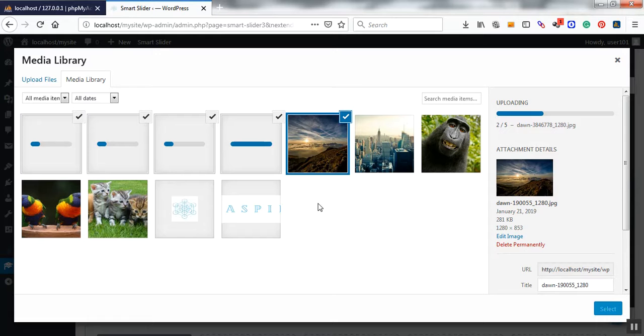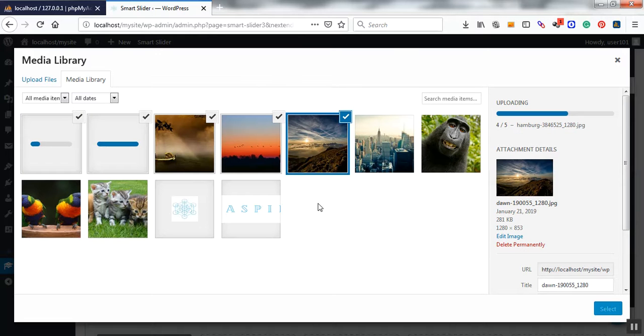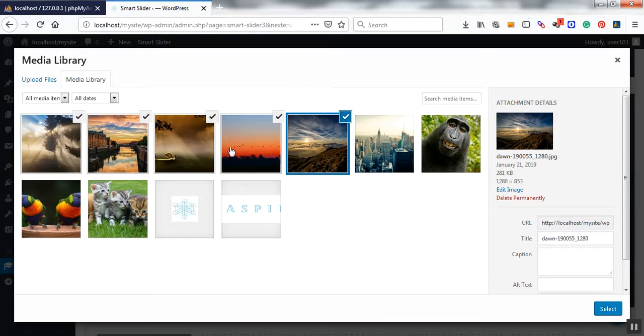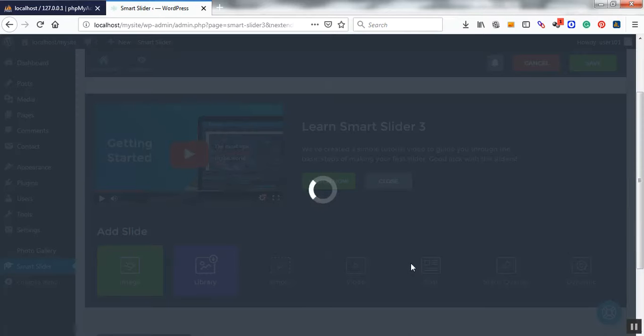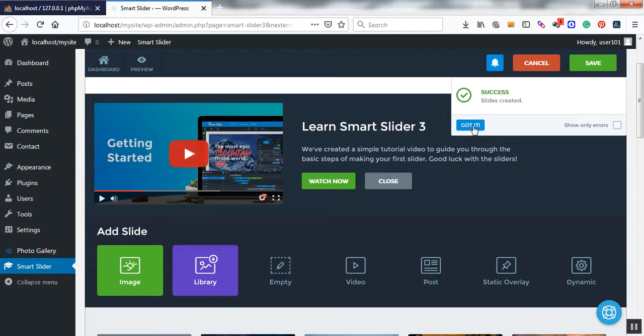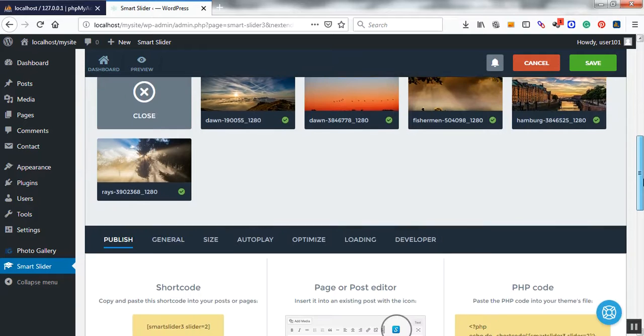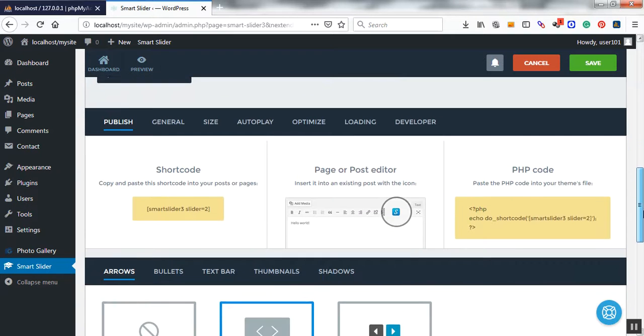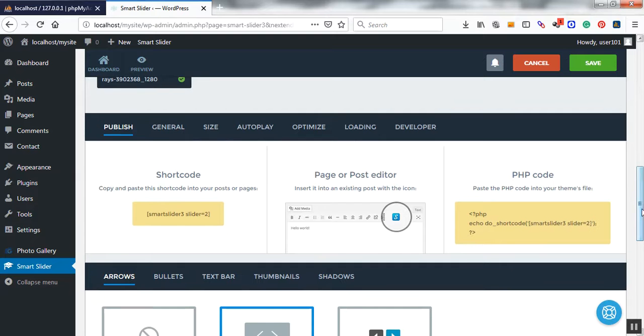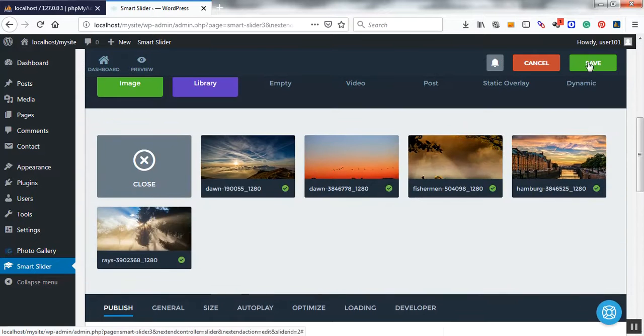Give it some time for WordPress for them to get uploaded on your media library. Make sure that all of them are selected and then click on select. Scroll down, you can see that all the images have been selected. Now we have a few things we can do, but before I get into all these tabs and what they do, let me just click on save,